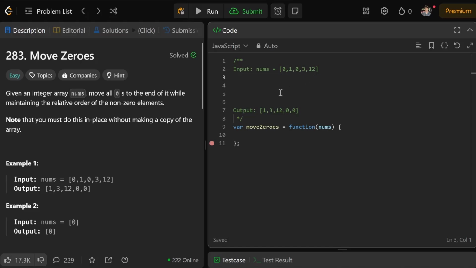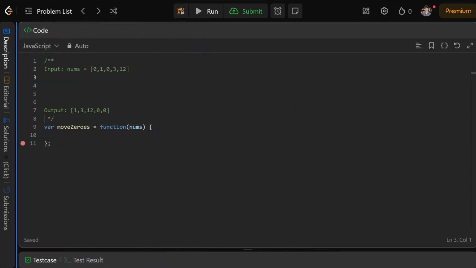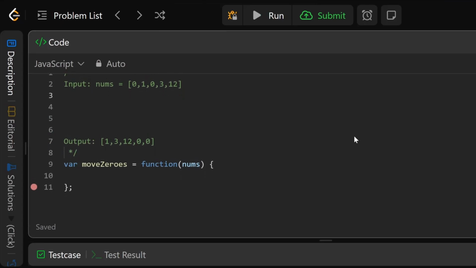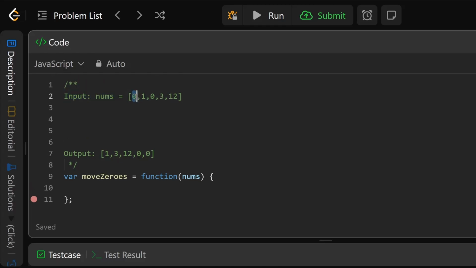Well, anyway, let's take a look at this algorithm. So we have these numbers, 1, 3, and 12, and we want to move them to the beginning of the array and move the zeros to the outside of the array. So we can try to